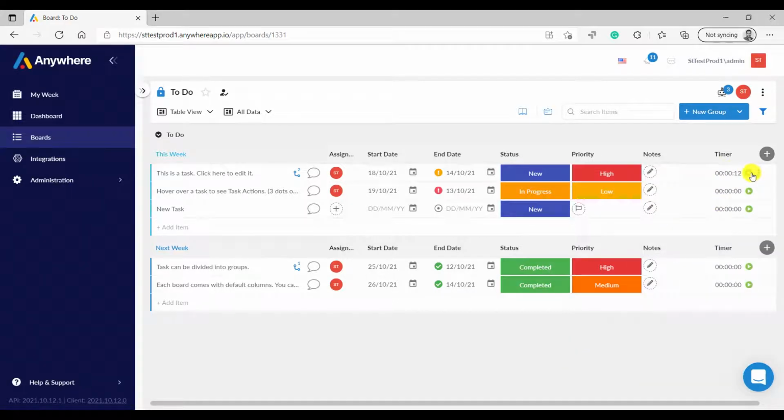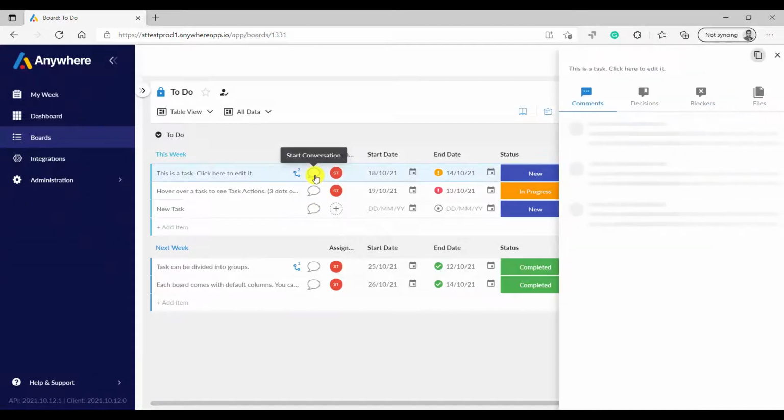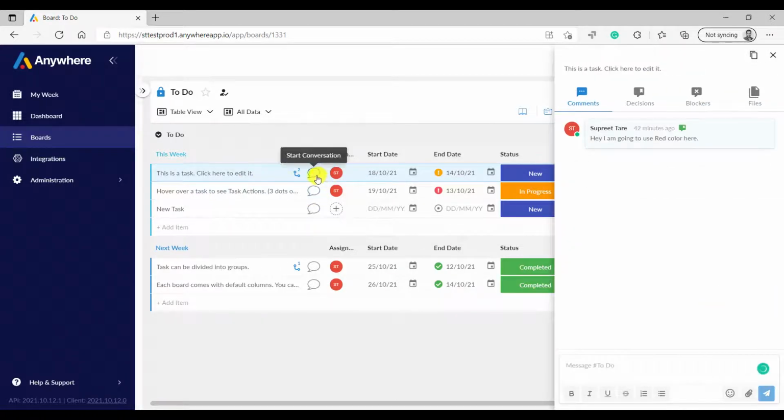We also have a timer column that helps you track time, automatically helps you track time, if automatic time tracking is required against the task. Now, all of these options are configurable. What you can also do is you can use the discussion against the task to have a discussion or chat about that certain task with other team members who are part of that particular board. You can use the @ to mention other people, in which case they get notified.